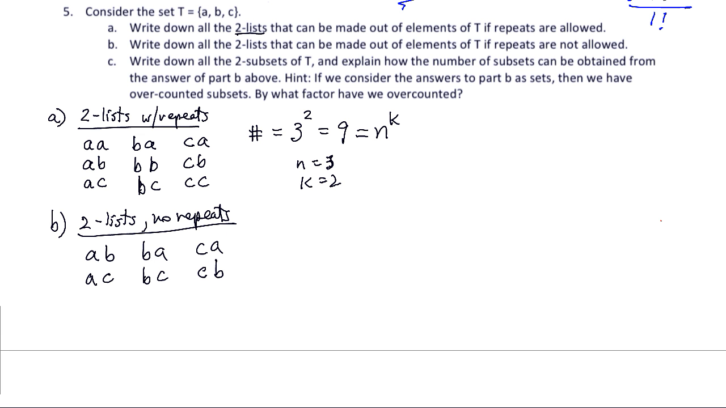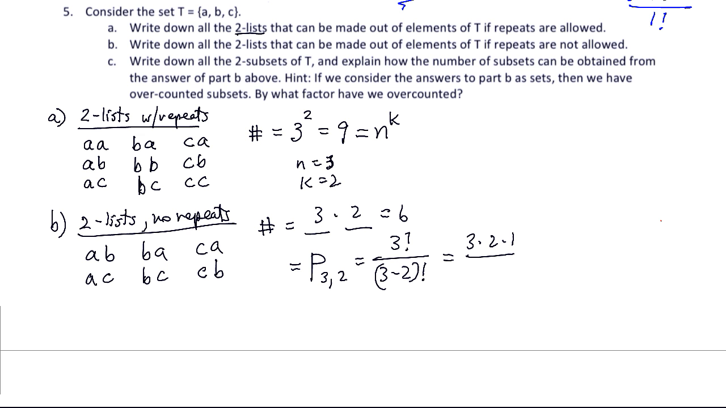Okay, and we can calculate the number of them by saying the number is equal to 3 times 2. We can also say this is P(3,2), which is 3 factorial over 3 minus 2 factorial, which is 3 times 2 times 1, all over 1, which is 6. I'm going to leave myself a little bit of room over here